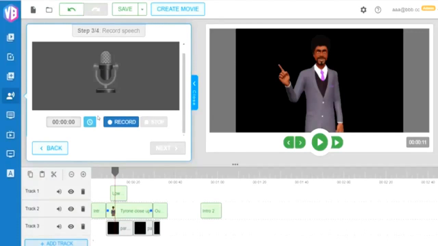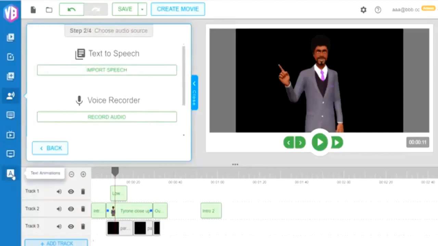Similarly, without any really high-end 3D apps like Cinema 4D or Adobe After Effects, you can use our Video Builder app to do really high-end 3D animations and 3D motion capture explainer videos and avatar videos. So on top of that as well, as you can see here, we can